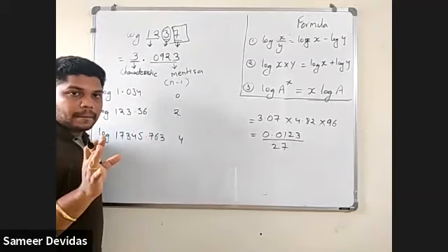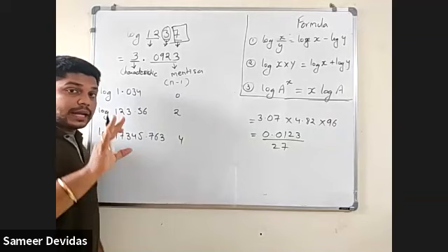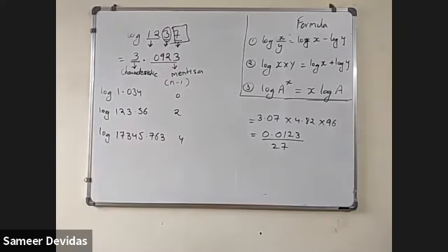All have understood when the decimal is there? Yes or no? If a number is there before the decimal, all have understood how to do that. Yes, sir. Now we will see when the decimal is there and zeros are there before the decimal, and how it changes. Note down this first. Finished? Yes, sir.